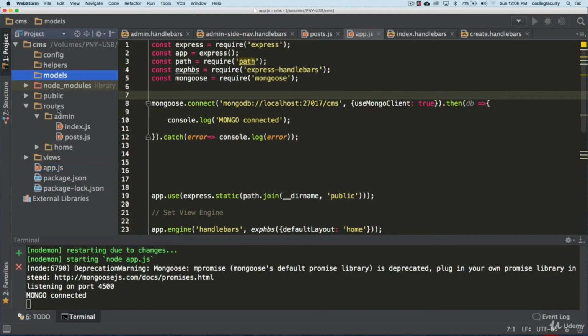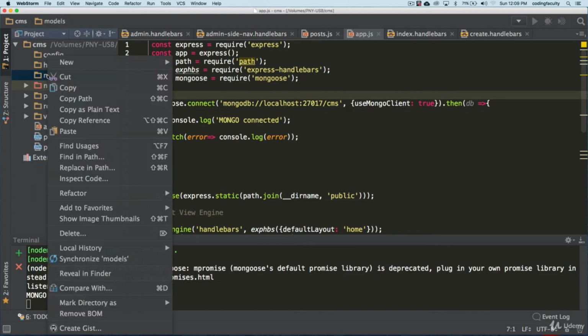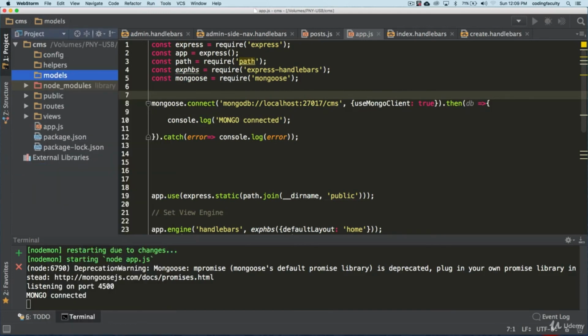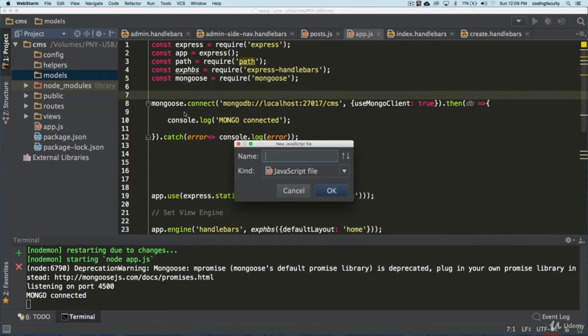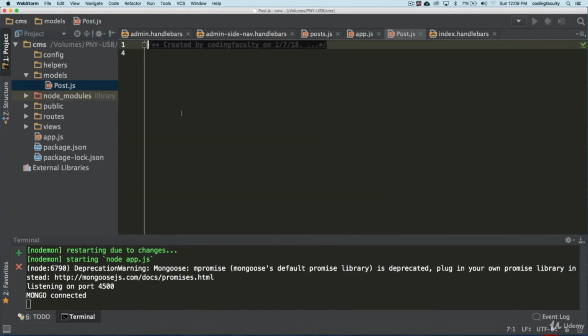And we have a model directory here, okay? So let's start creating our models for a post, and let's play around with data, okay? So I'm going to create a JavaScript file called post with capital P, .js.